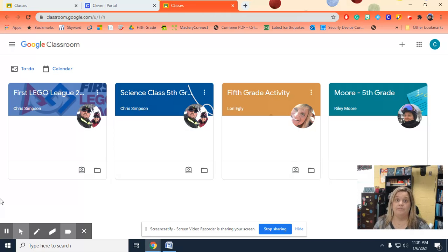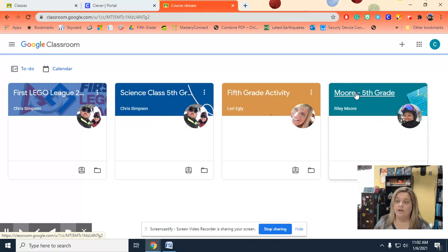So like I said, this is 5th grade. So he has his RTI class because he doesn't stay in my room for RTI all the time. So this is his RTI room. So if your student goes to a different RTI group, either they may go to Miss Faye's group, Miss Gracie's group, or elsewhere, they should have a group or a classroom set specifically for them for RTI time, just like the Lego group. Then we have activity, which they need to go to for their activity time, which should be on your teacher schedule. And then this is my room, more 5. So he's going to click on the classroom,